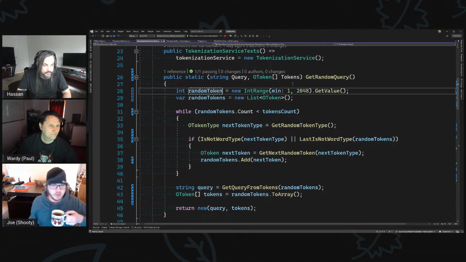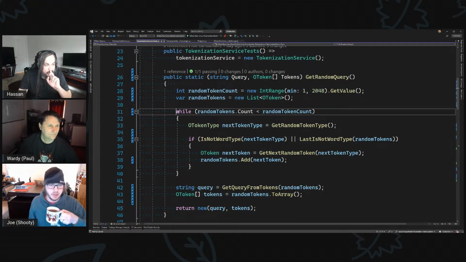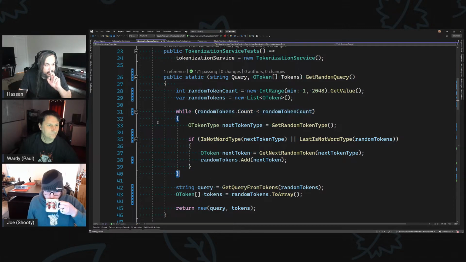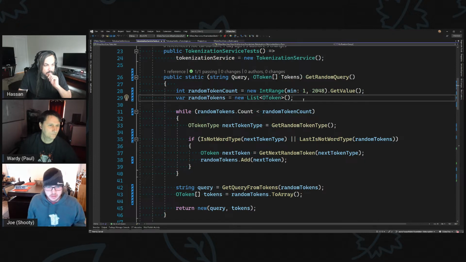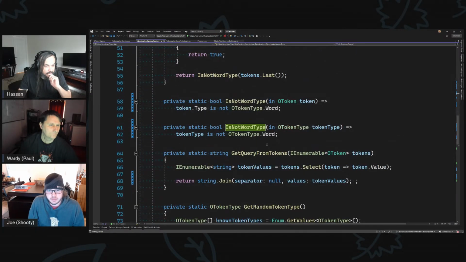But then again, we're just changing the type of loop, which doesn't really change anything. I want to get rid of this here. I don't want this guy in here. You're going to have a loop at some point, right? So we can extract it away. So this is not word type. You're basically going and saying,